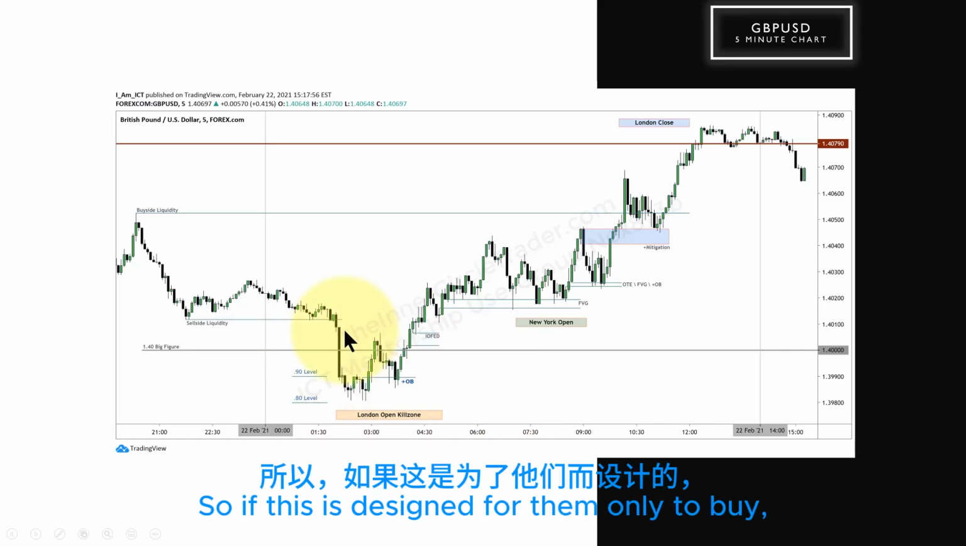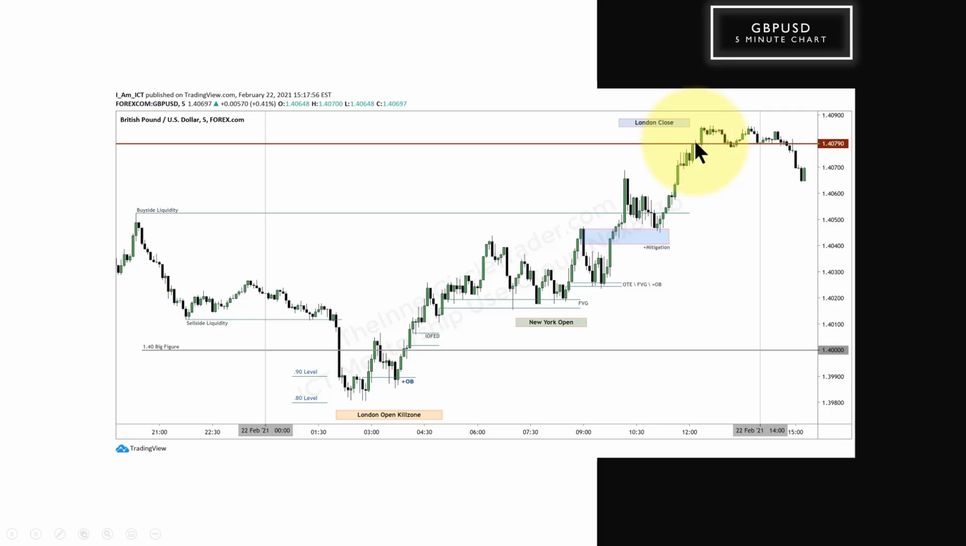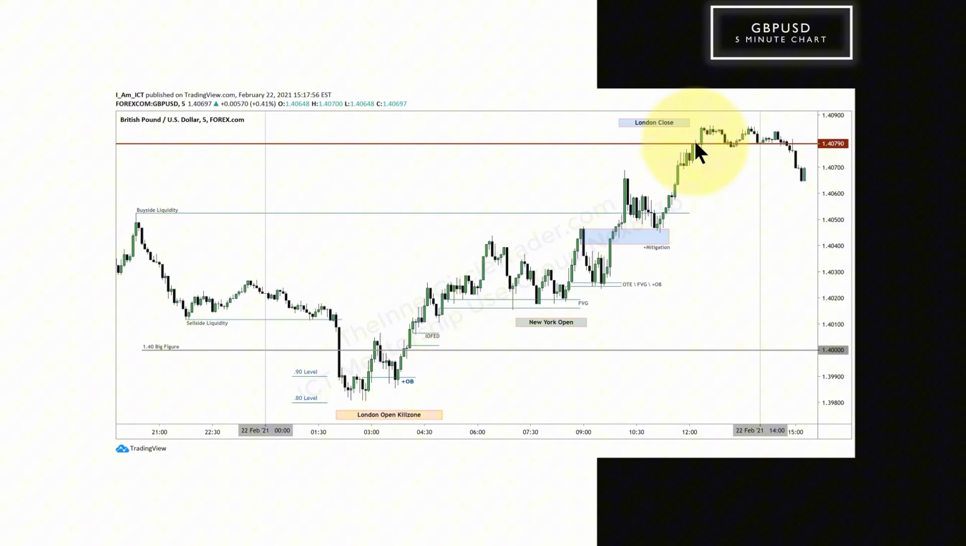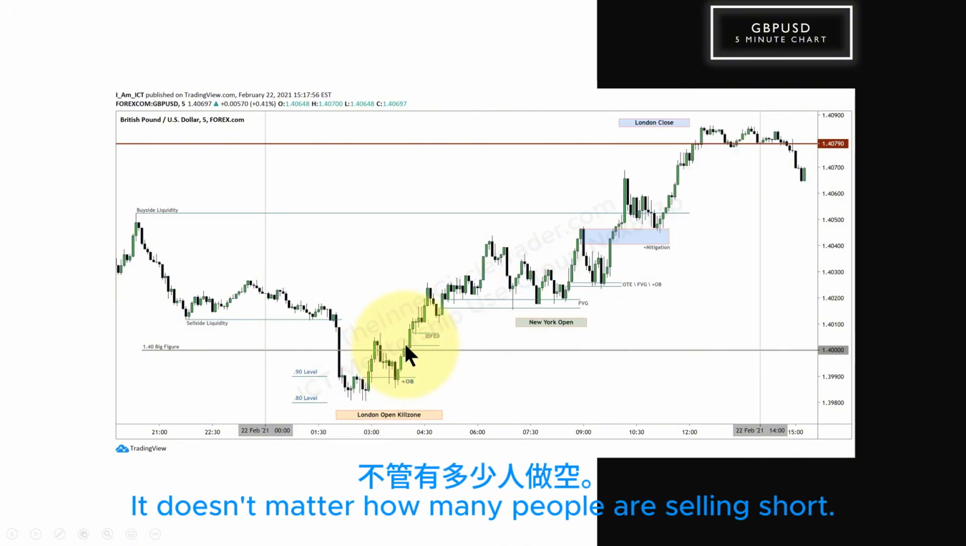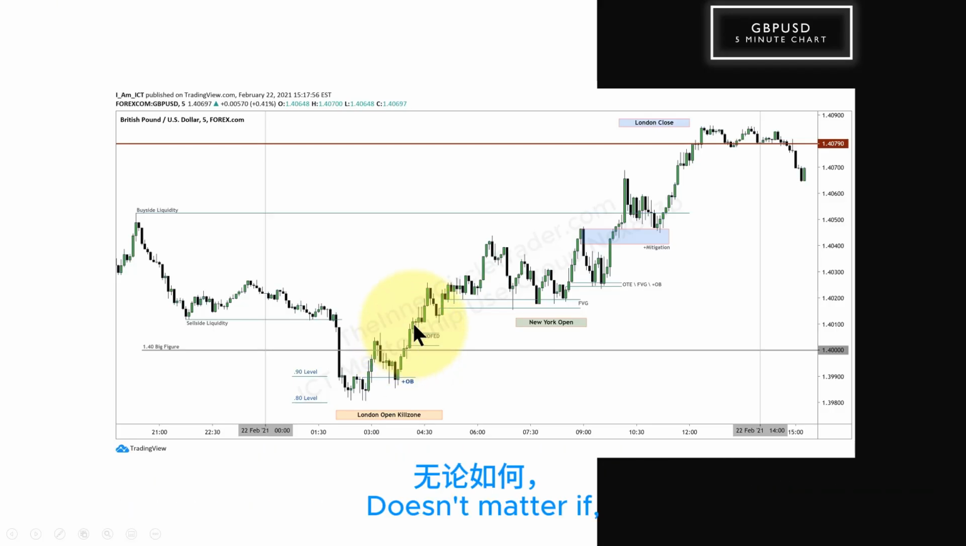So if this is designed for them only to buy, their idea of getting out is already up here and here. So what they're going to wait around for is what I'm teaching you: when they bought down here, price is going up. It doesn't matter how many people are selling short. It doesn't matter if Goldman Sachs is selling short. It doesn't matter if